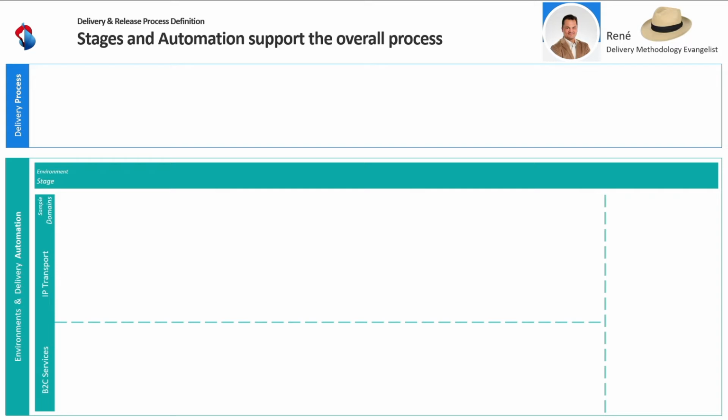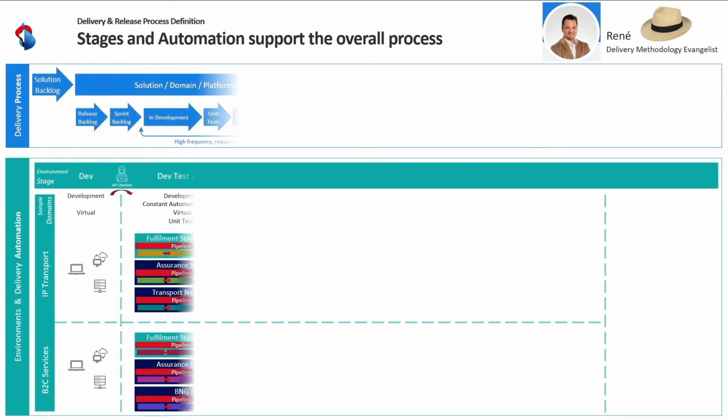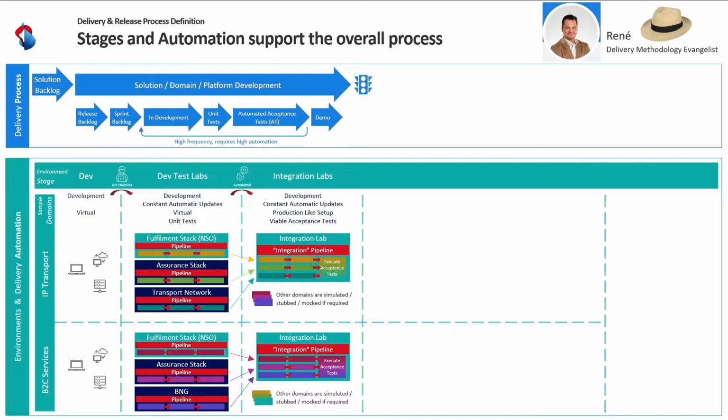So let's keep it simple at first. At the top, you'll see the delivery process, and at the bottom, 2 sample domains, 2 sample environments, really. So let's start with the development part, which is the first half of the process. So you'll see in the delivery process that we have features that are in the solution backlog. One by one, they are pulled and taken to development. So there's a high frequent